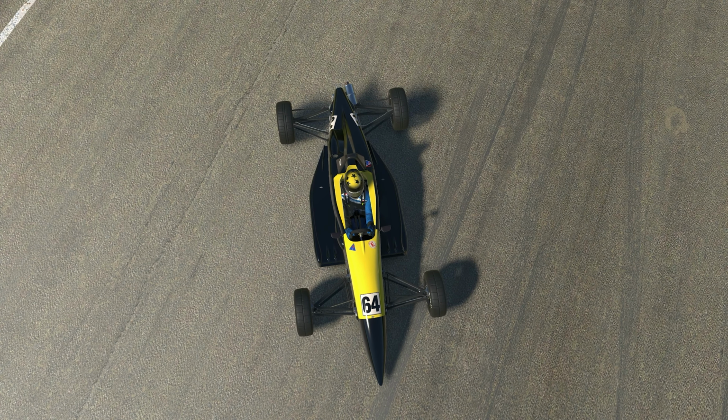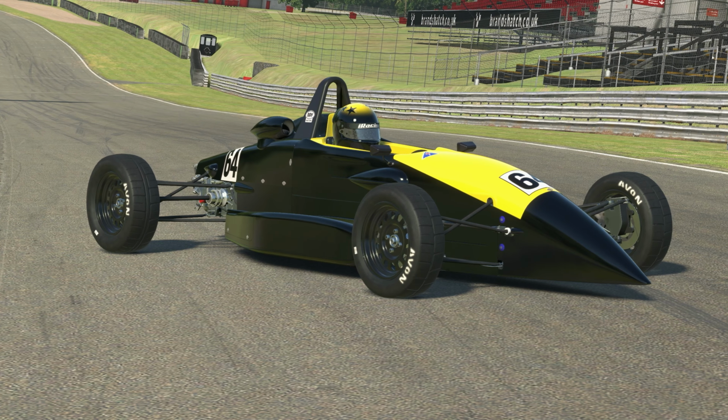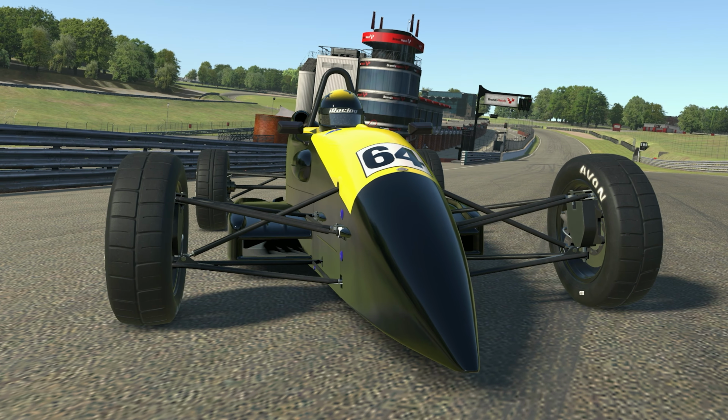Now onto the road side, where there are 3 new pieces of content. Firstly, we'll talk about the cars. The first one is the Ray FF 1600. Now this car needs no introduction. It's been on the racing circuit since the 1960s. Powered by a 1.6 litre Ford engine, but there's no wings, there's no downforce, which means it's a bit of